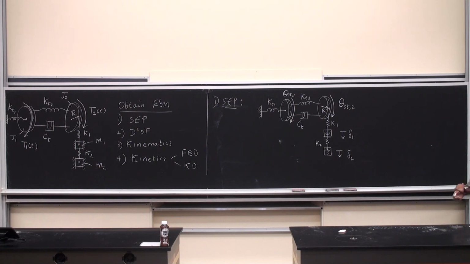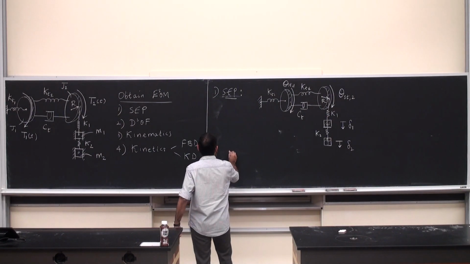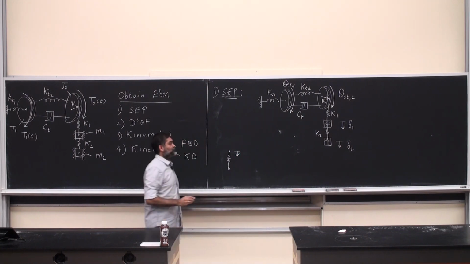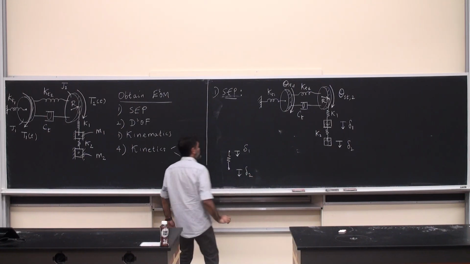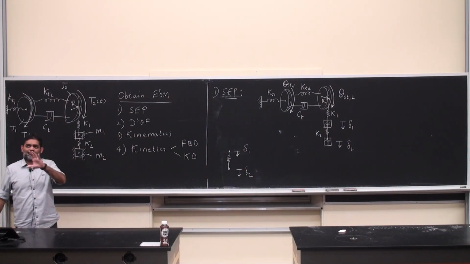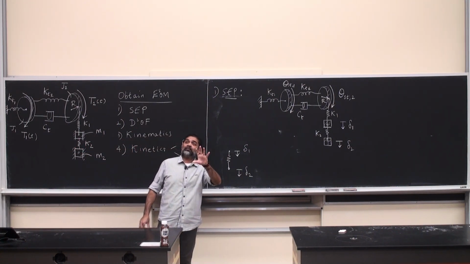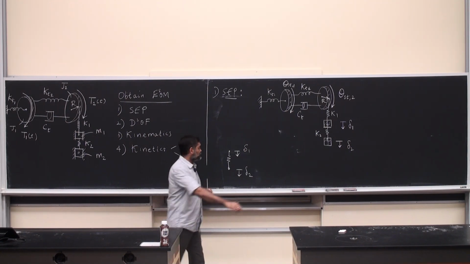Okay, let me look at the springs first. So spring K2 and K1. So K2 is here. The top end of K2 is connected to the mass M1, so the deflection there is delta 1. Bottom is connected to delta 2. I know there are still people with some confusion here. Look at this, please. If you are trying to capture the force of the spring, here is how you think of it. For positive delta 1 and delta 2,